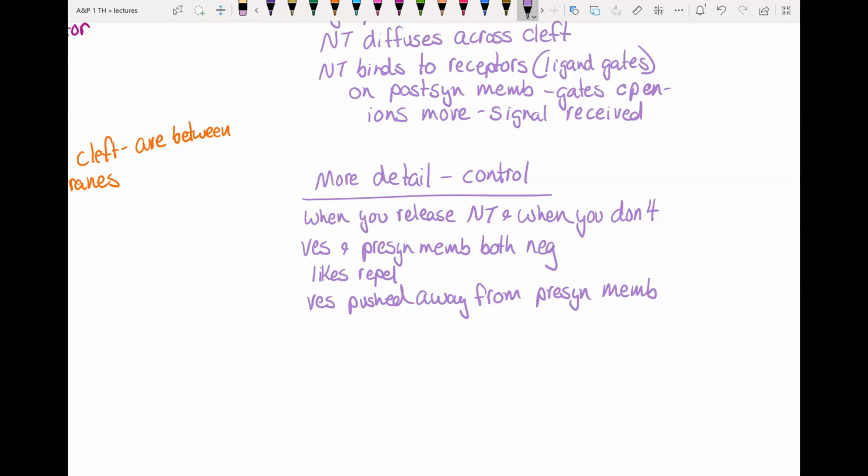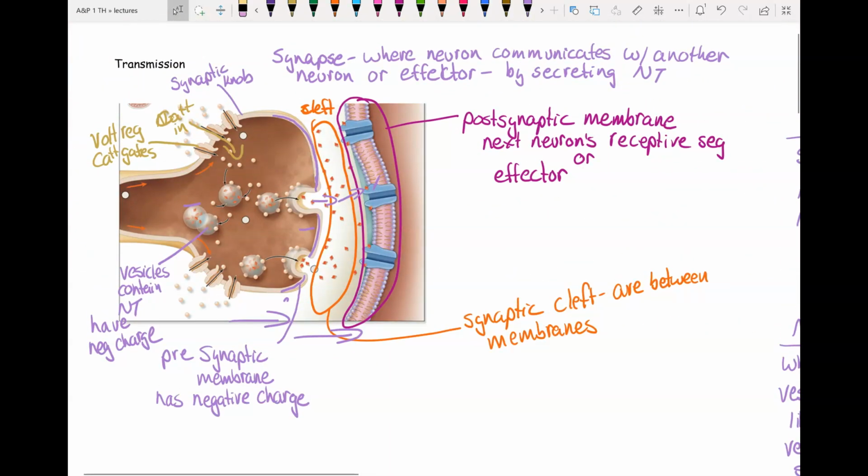So as long as they're pushed away, they cannot secrete their neurotransmitter. So here, anytime if this vesicle were to get too close to the membrane, it would be repelled back away